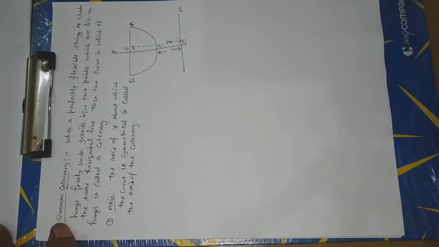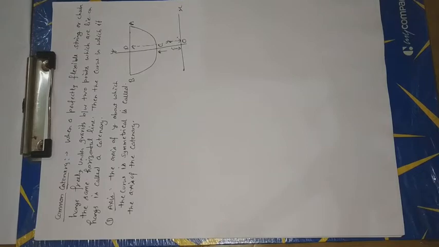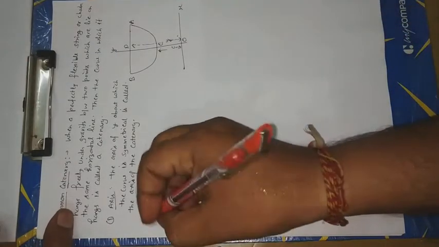Okay, student, the axis of y about which the curve is symmetrical is called the axis of the common catenary or catenary. Now, second definition,